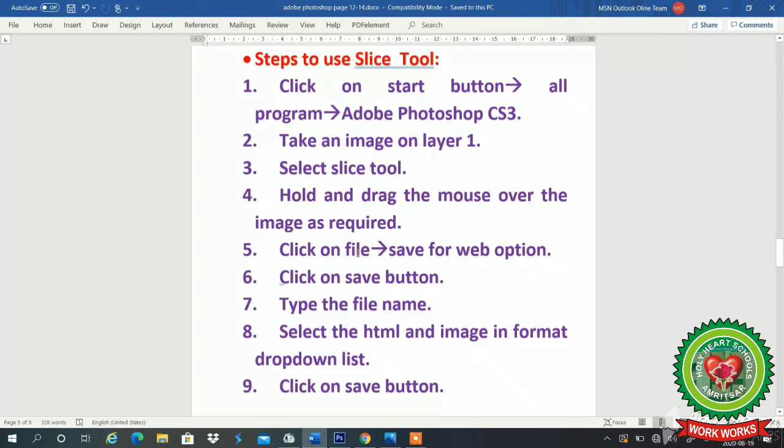Then click on the file menu, save for web option. Then we will click on the save button. We will type the file name, select HTML and images in the format drop down list and click on the save button. These are the steps to use the slice tool.